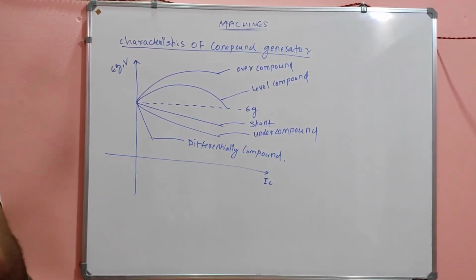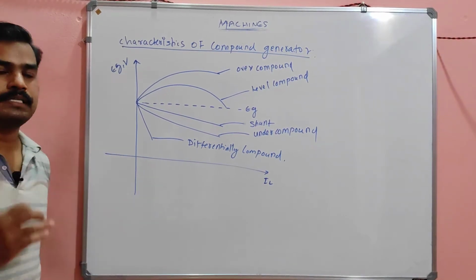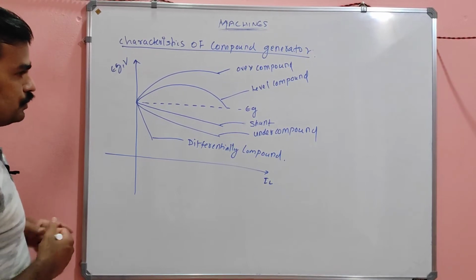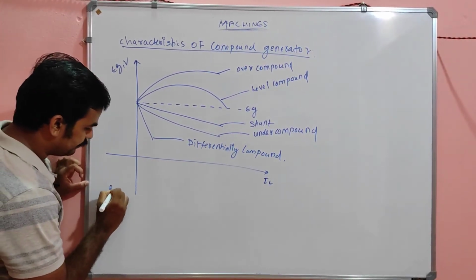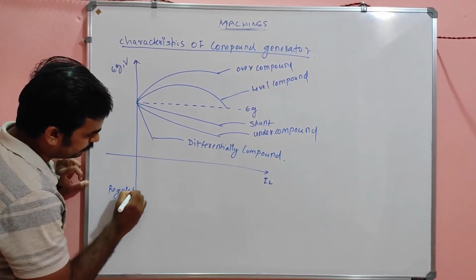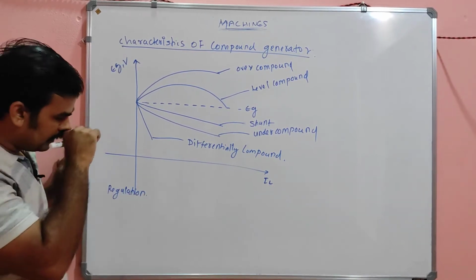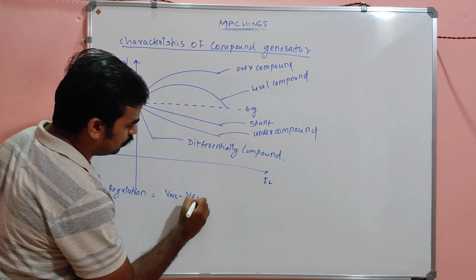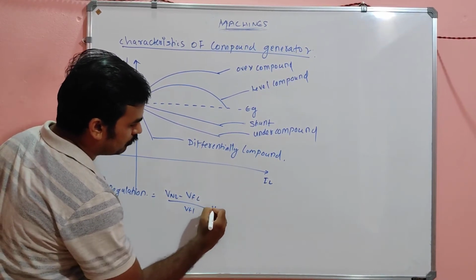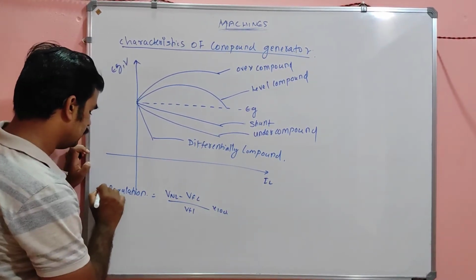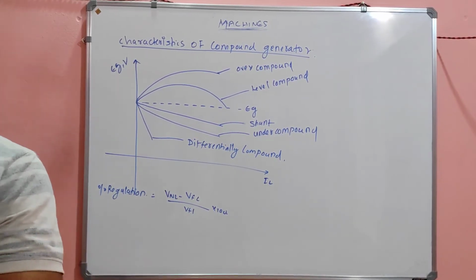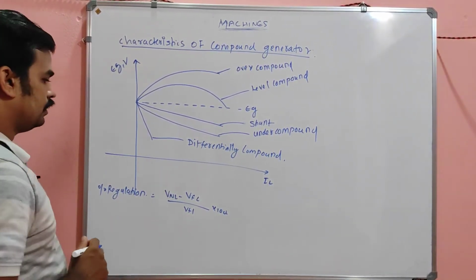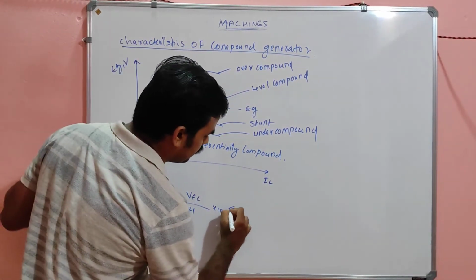From this graph you have to learn something: the concept of regulation, my dears. Voltage regulation is nothing but no load voltage minus full load voltage, divided by full load voltage, into 100. That's percentage regulation. This is for the generator,